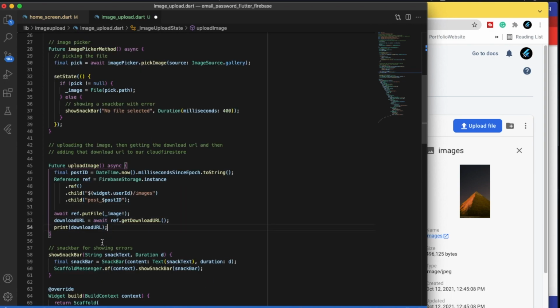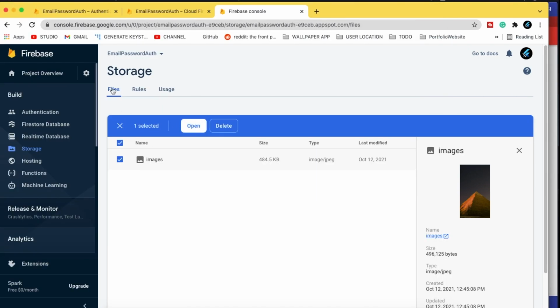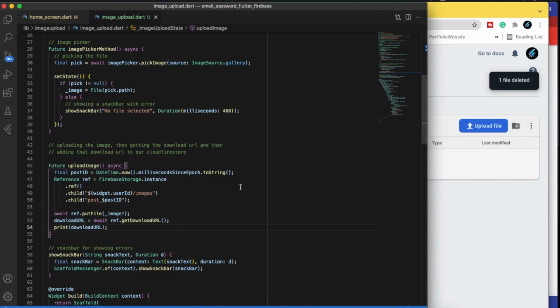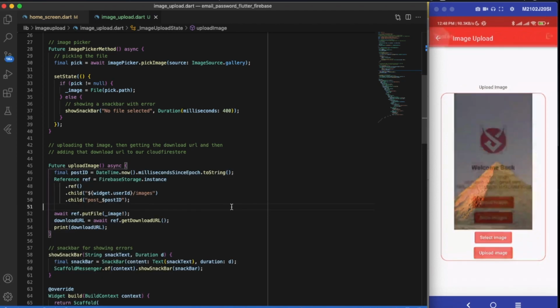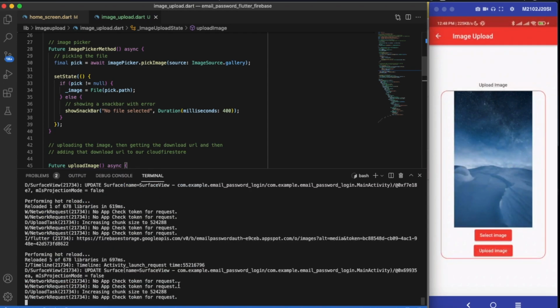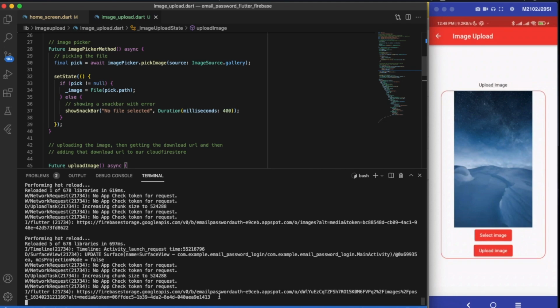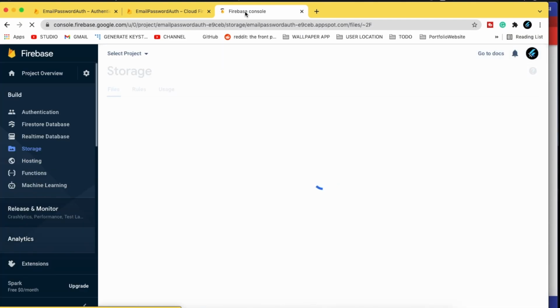Now let me just reload the application again. First of all, we'll be deleting this image. We don't need this to be here. Now let me reload the application again, and now if I click on upload image, then we select this image. If I click on upload, this will show us no app check token for request, and here we got our URL for the image. And also in our Firebase storage, here you will see this magic, as we got our